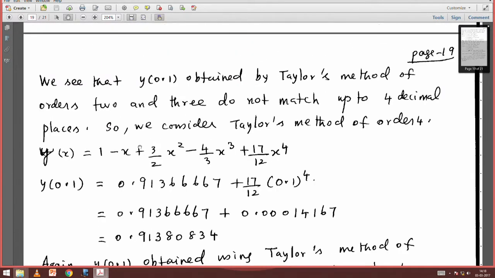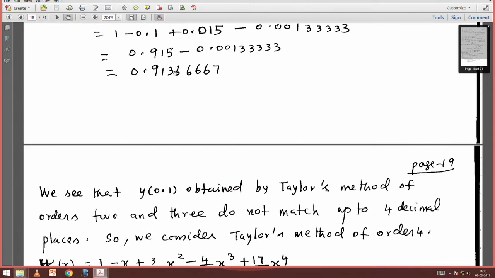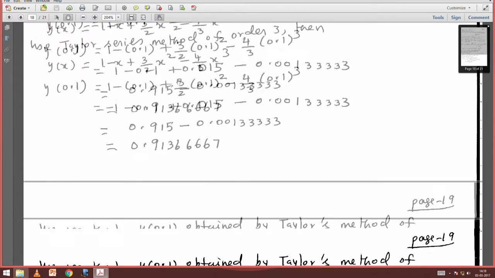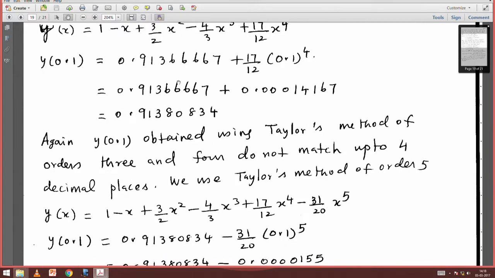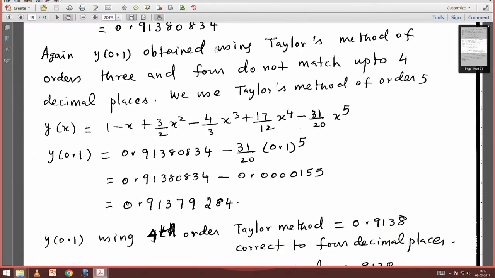When I round it off to 4 decimal places, this gives me 0.9138, that is from the 4th order method, whereas by a 3rd order method I obtained this solution, which when rounded off to 4 decimal places will be 0.9137. So, they do not match at the 4th decimal place. So, I cannot stop, and so I will have to add say another term and check whether I get the